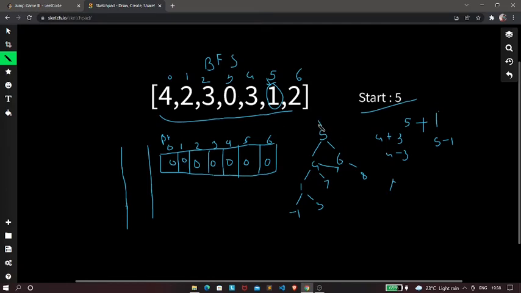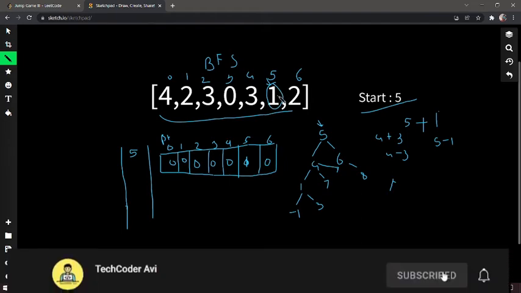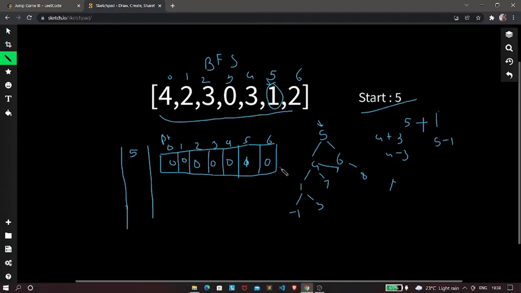So now currently we are at 5, right? Okay, so which means that we are going to mark this as visited, as 1, right? And we are going to push this into our queue. Now we're going to check whether arr of 5 is equal to 0 or not. Now we know that arr of 5 is not equal to 0, right? It's 1. So we're going to move forward.